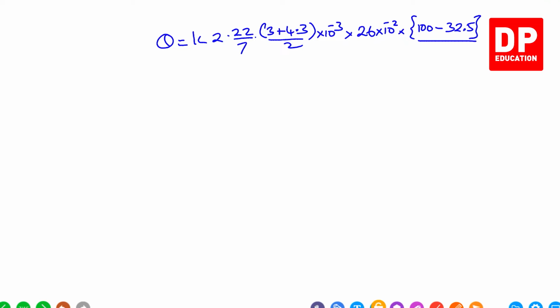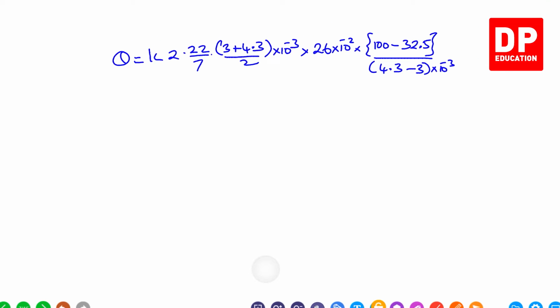Thickness has to be R2 minus R1, 4.3 minus 3 into 10 to the power minus 3, into time. Time 193 seconds. This is the heat released, equals to